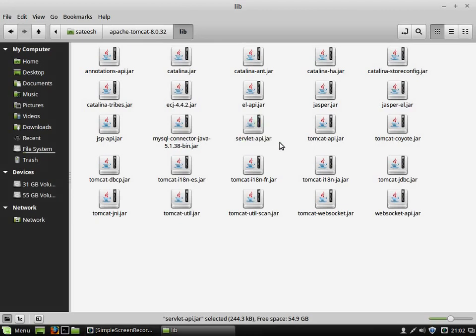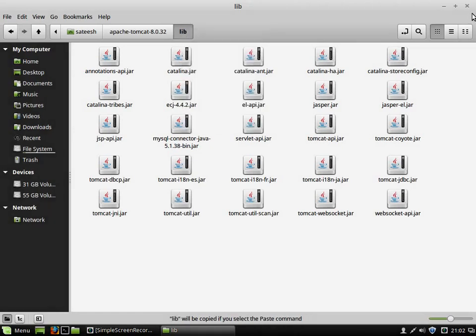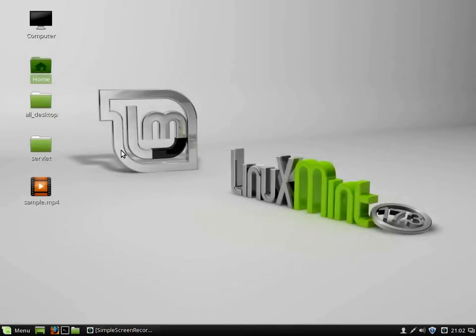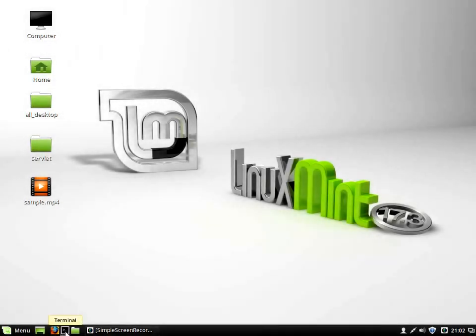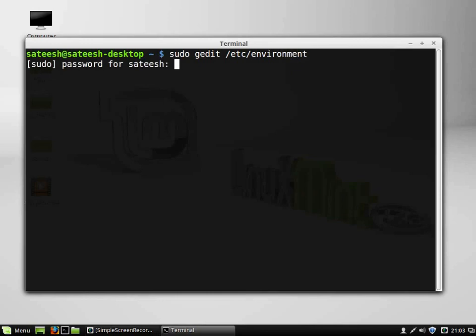servlet-api.jar file. Okay, so to make our machine recognize this jar file, simply copy this path. Now we need to set the class path. In the way we have set path, we need to set class path now. Use the command we used earlier: sudo, that means you need root credentials to do this activity, gedit in etc, try to open the file environment.